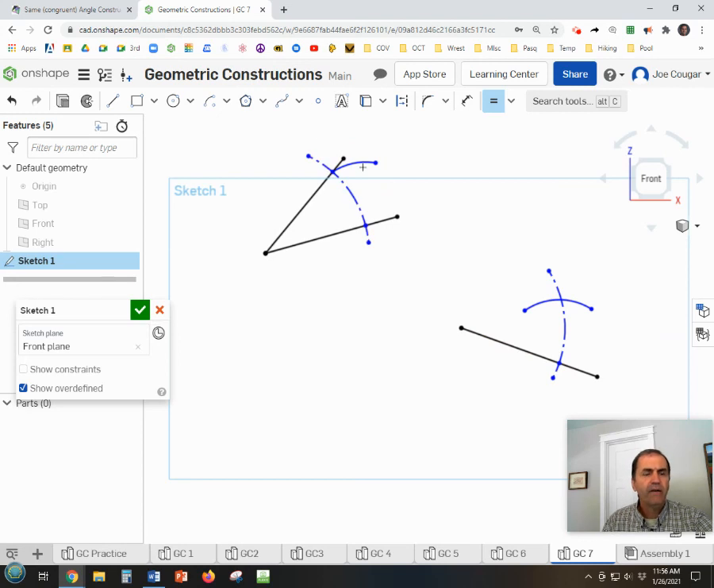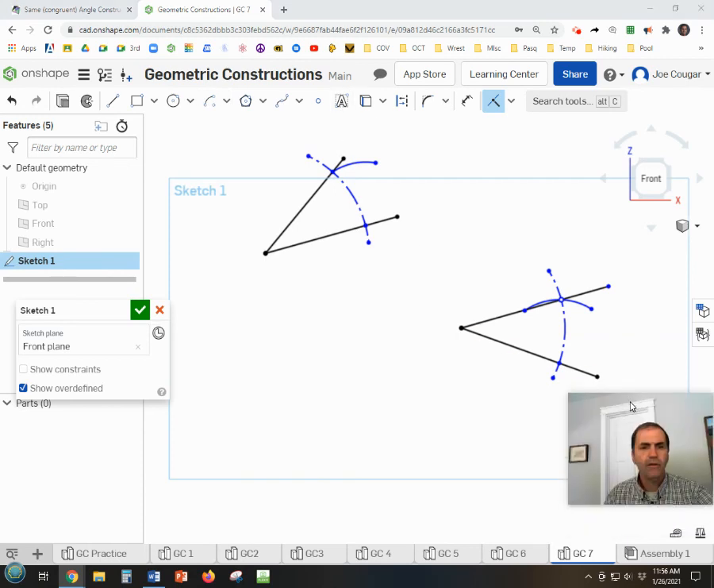And we're going to now put a point here on that intersection. Draw a line from there through here. And finally do a coincident constraint to lock the line to the point. Okay. Congruent angles. Now, if you want to make sure they're congruent angles, down here in the bottom, right below